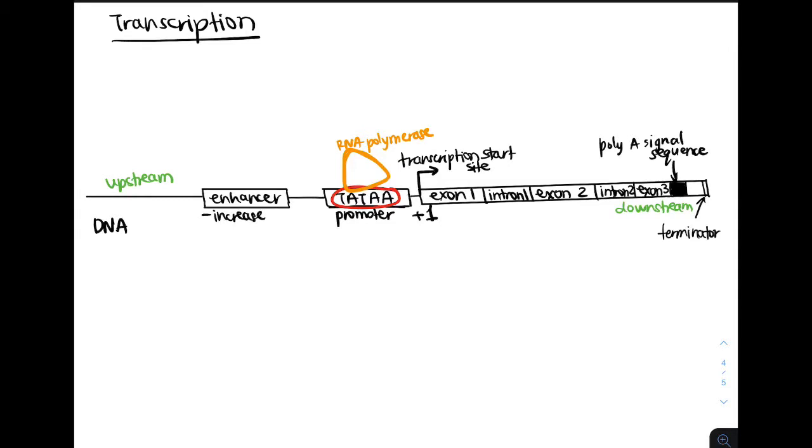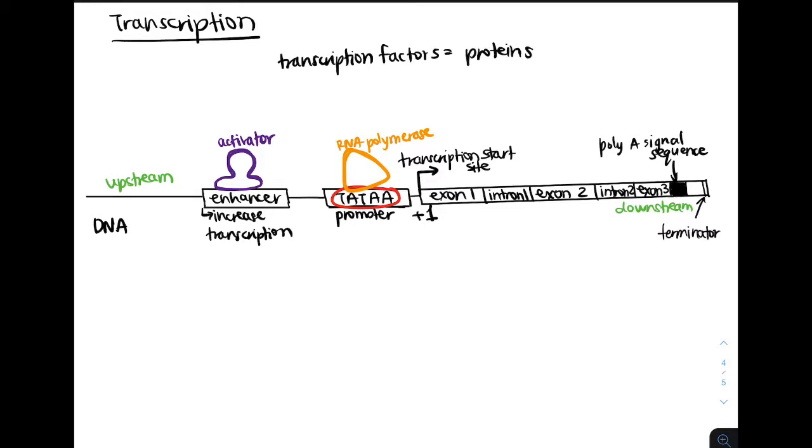The enhancer increases transcription by recruiting transcription factors. This is where an activator will bind. Transcription factors are various proteins that must bind to the DNA before RNA polymerase can bind. In order for transcription to happen, RNA polymerase and transcription factors